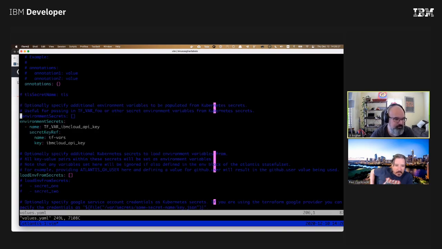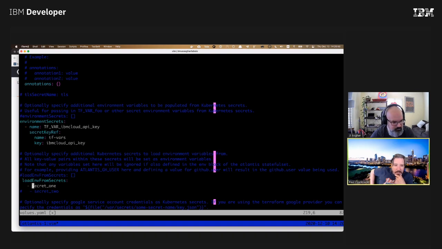I think instead of this, if you use the load from secrets, see below. And so if you comment out the line above it and uncomment the first two lines, yeah, and then change secret 1 to be TF vars,